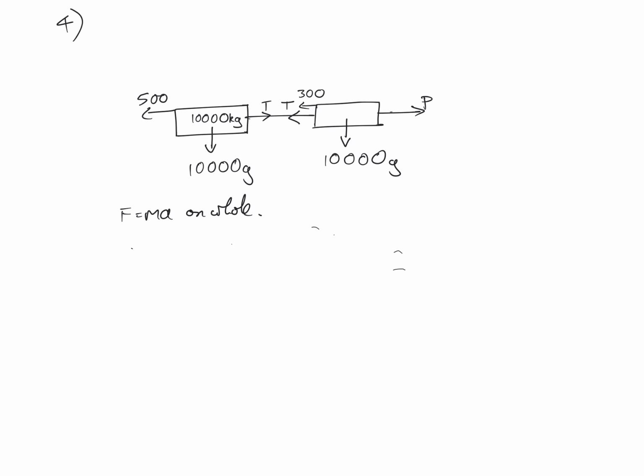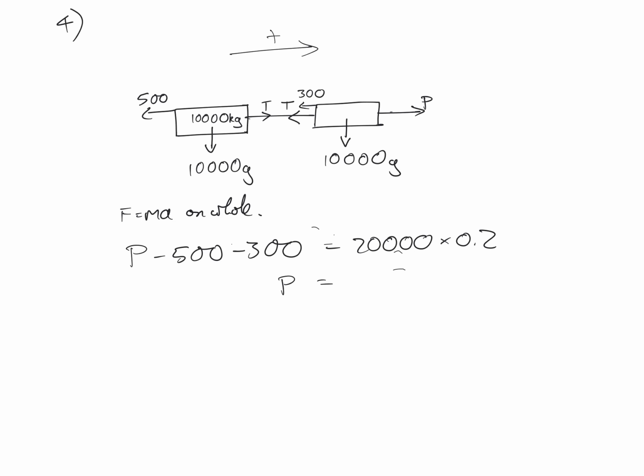So we've got P forwards minus 500 minus 300 equals the whole mass times the acceleration of the whole. So P equals